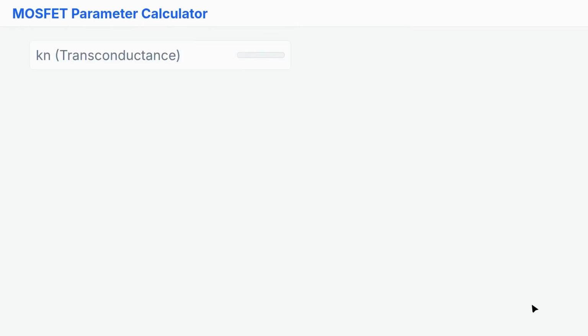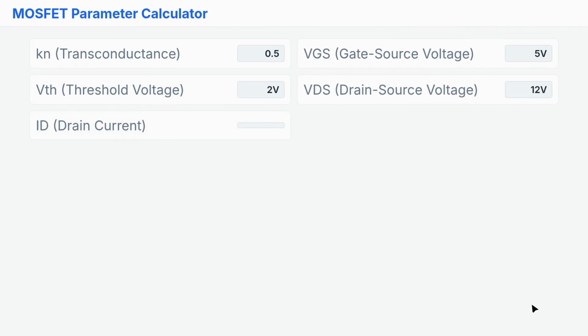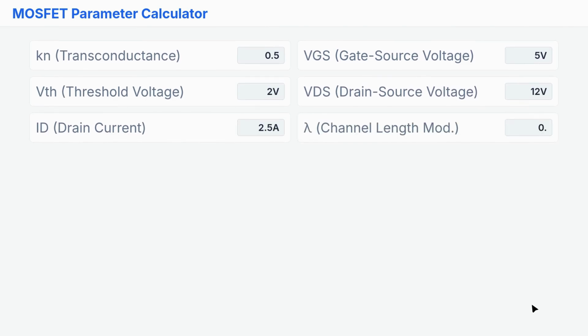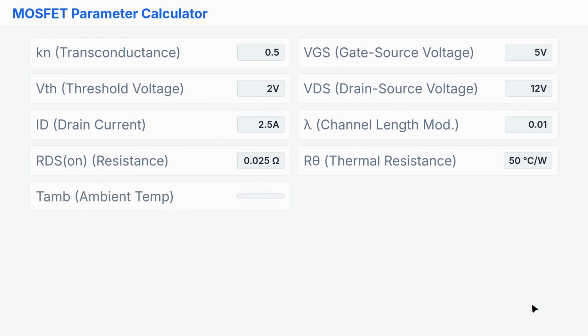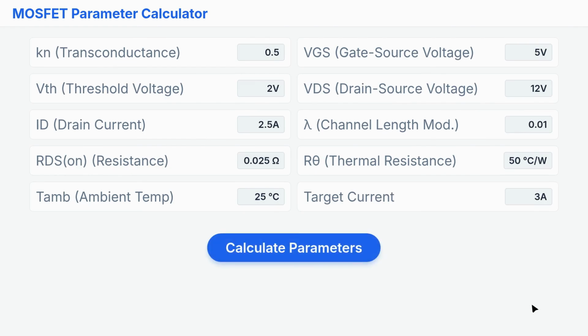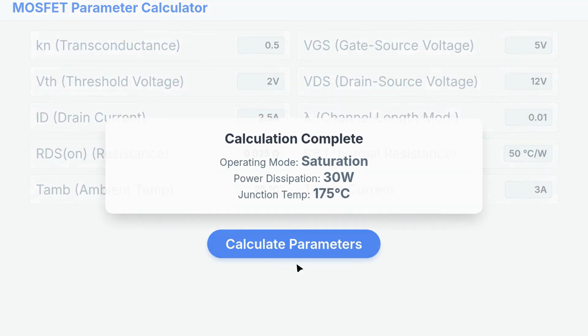Let's calculate with these values. Kn equals 0.5, VGS equals 5 volts, VTH equals 2 volts, VDS equals 12 volts, ID equals 2.5 amperes, lambda equals 0.01, RDS on equals 0.025 ohms, thermal resistance equals 50, ambient temperature equals 25 degrees, and target current equals